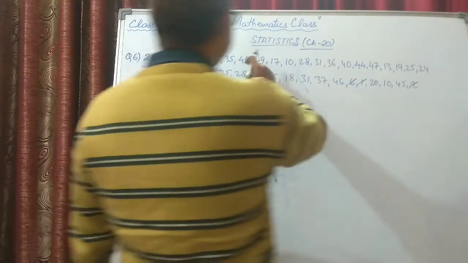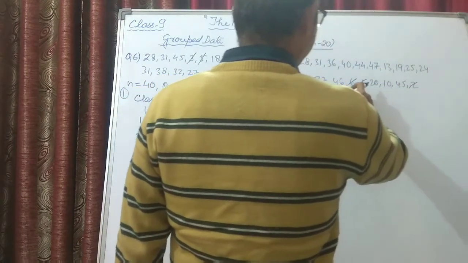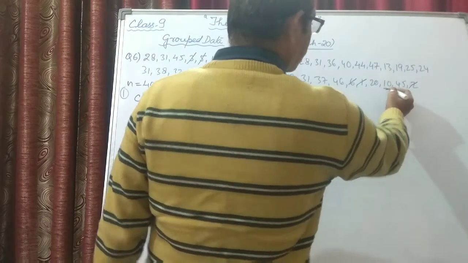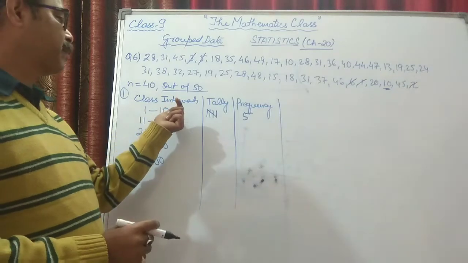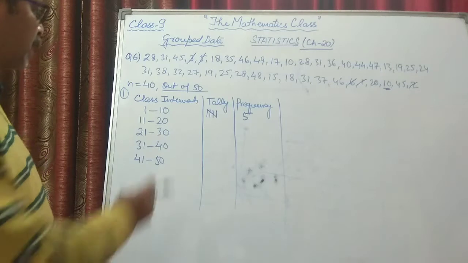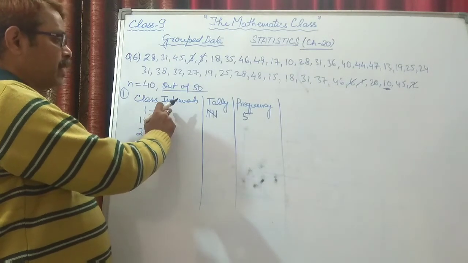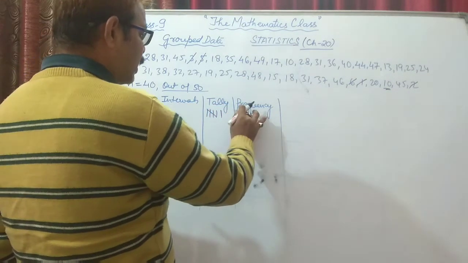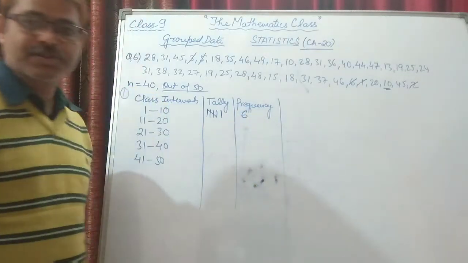3, 5, and 2, and 1, and 6. 10 is not taken in this, because 10 I have just now explained. If the upper limit is 10, then the 10 will be coming in 11. But right now, because it is a discontinuous table, 10 will come here only. So I am making one more 5 and 1, 6 of them are there.